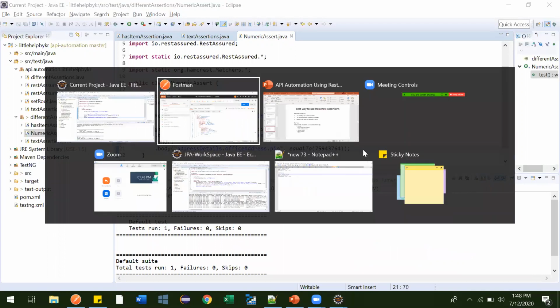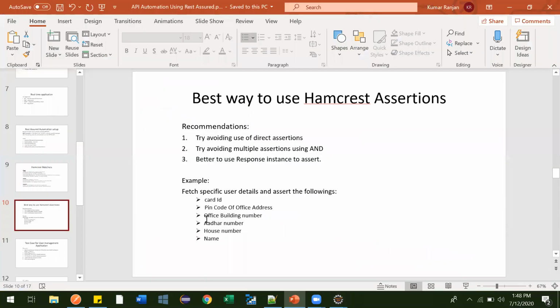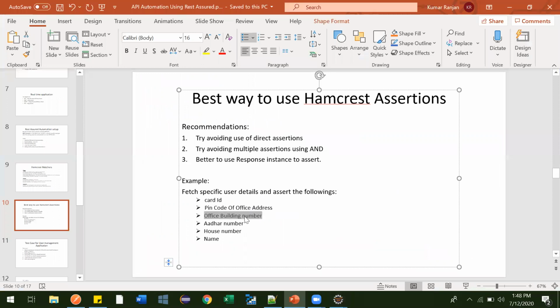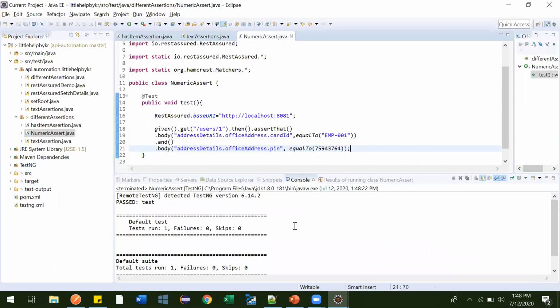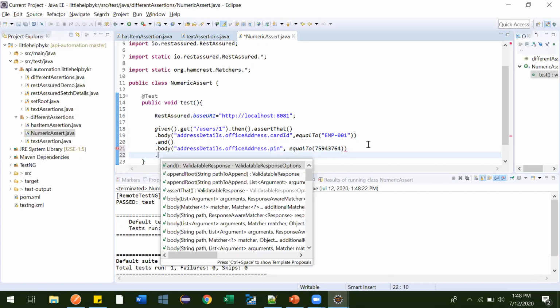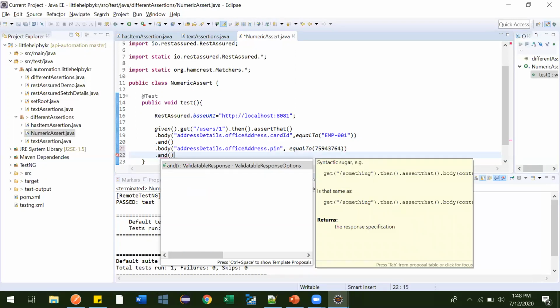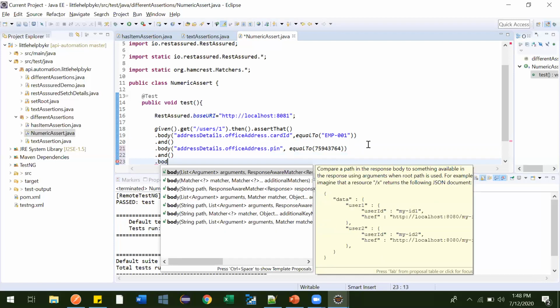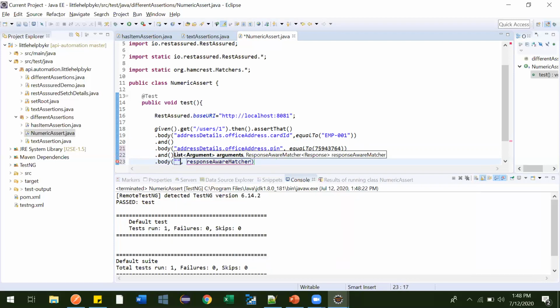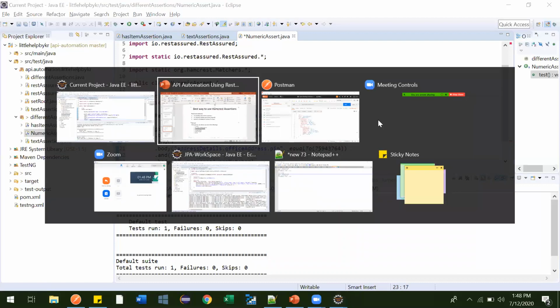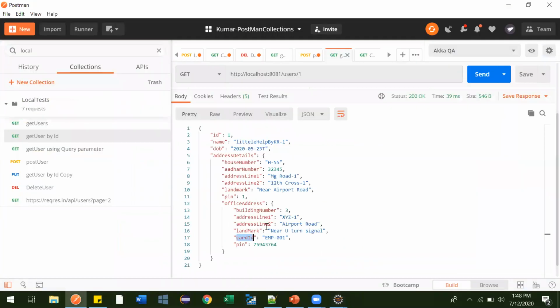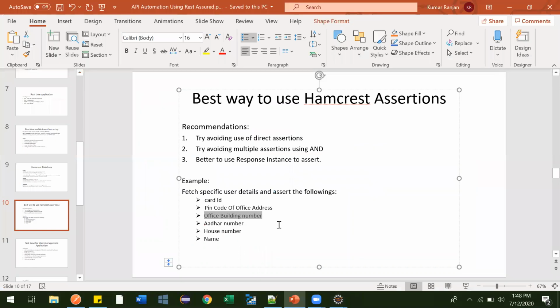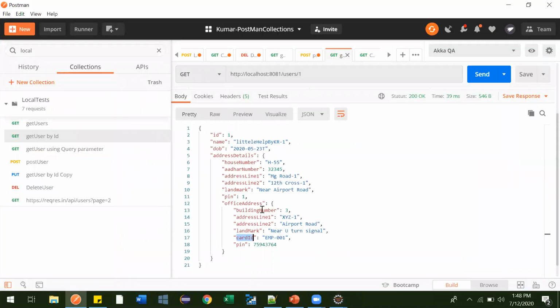Now what is our next requirement? To check the office building number. So dot and again dot body, and we go to the office address details, the building number.